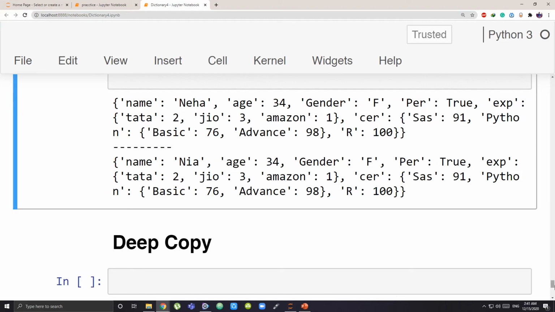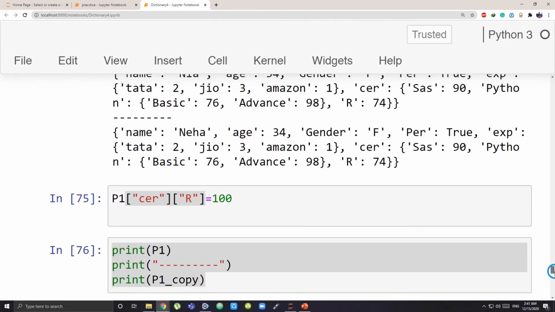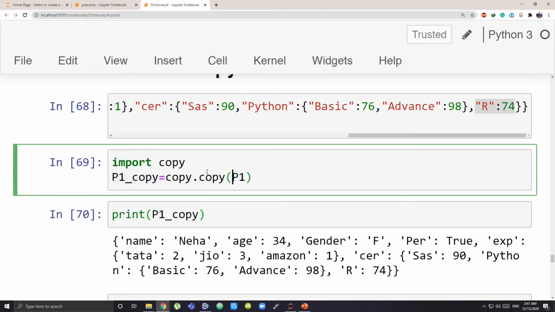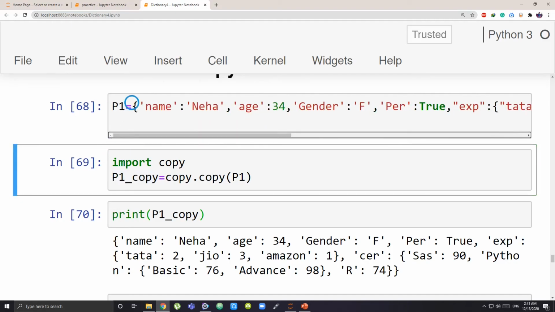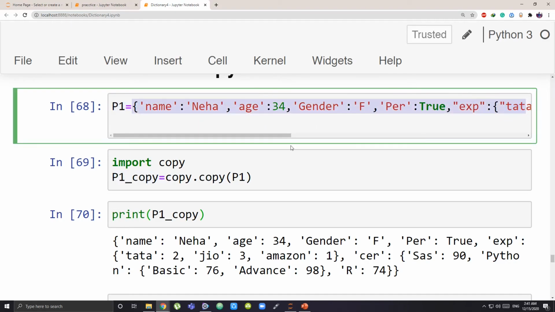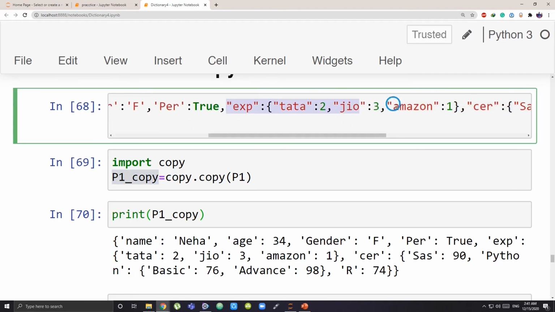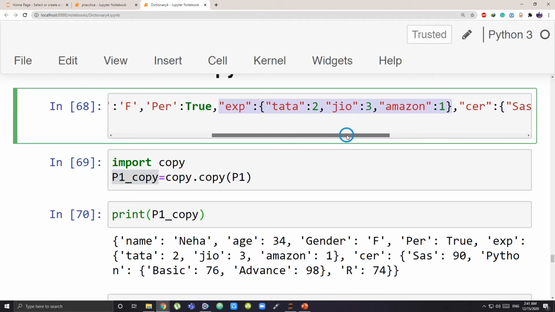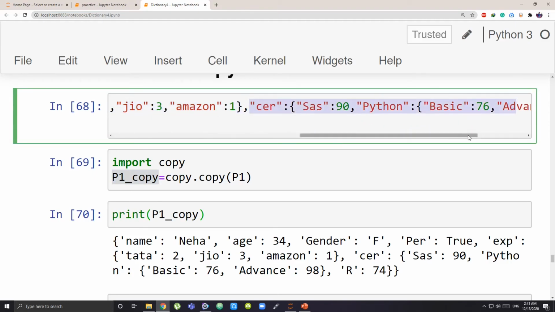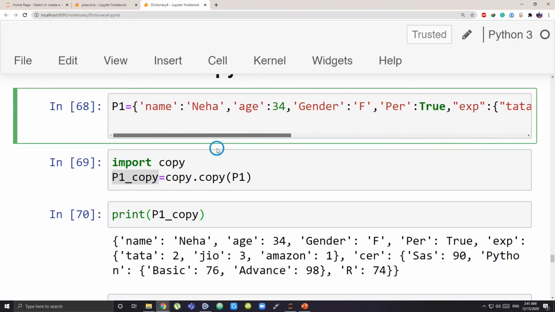So what do I exactly mean by shallow copy? When I am making a copy using this copy method, a new dictionary is created, but the elements in the dictionary are not actually copied. What is stored inside this copied version is references only to the nested part, like the dictionaries that are there within the dictionary. References only to the nested. The non-nested parts have nothing to do with that.